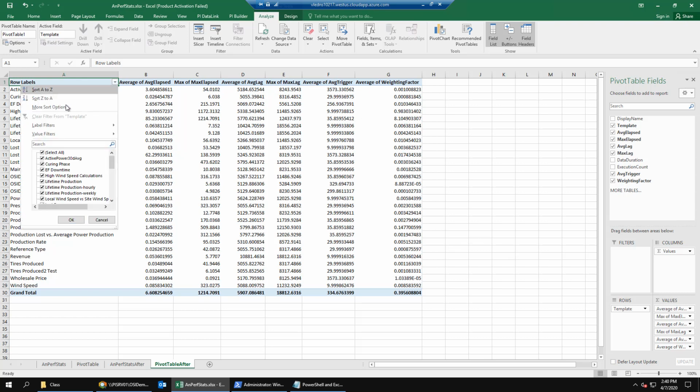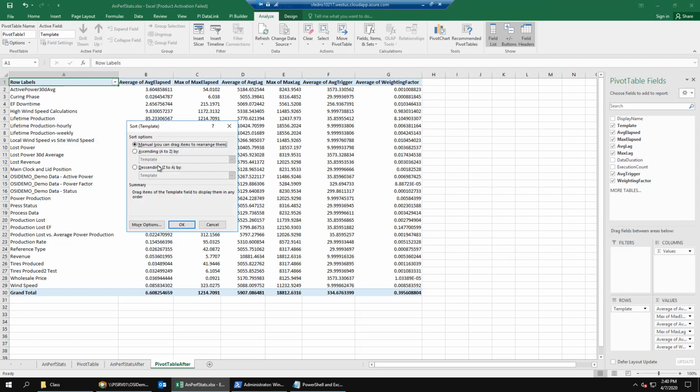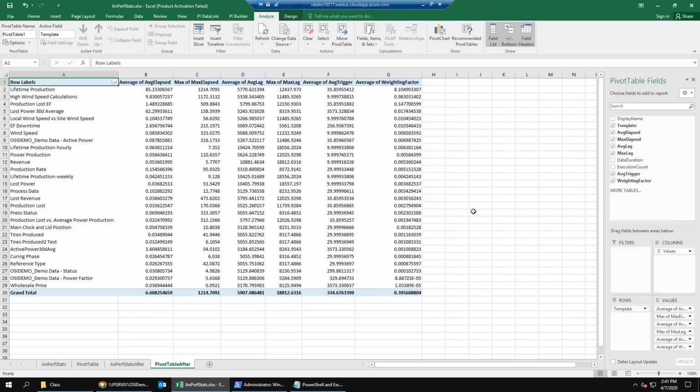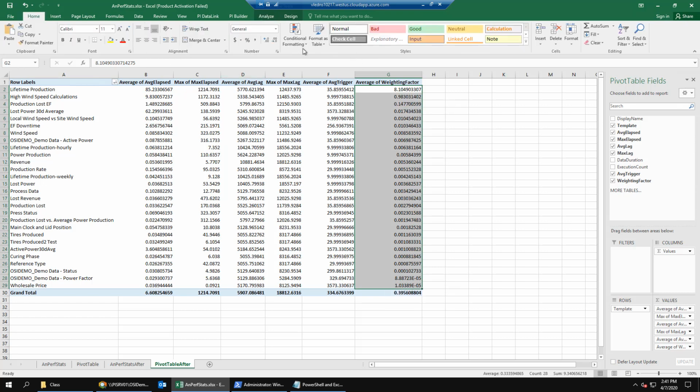Now we should have a pivot table like before. Now we can sort it by our weighting factor. So we'll select the drop down and say more sort options. We'll select descending by average of weighting factor. And then finally, we want to add conditional formatting just like before.